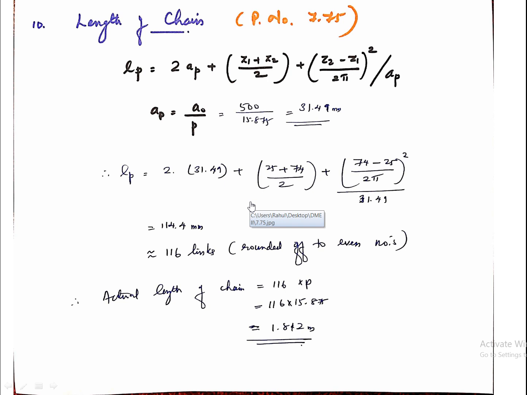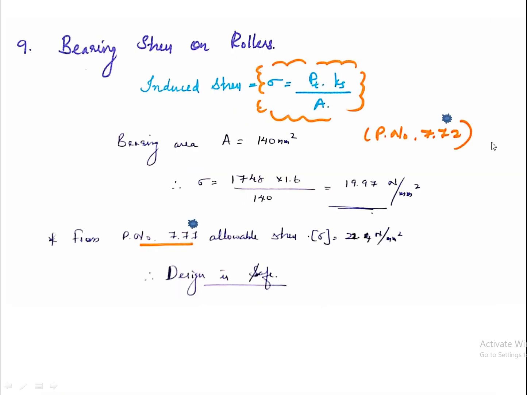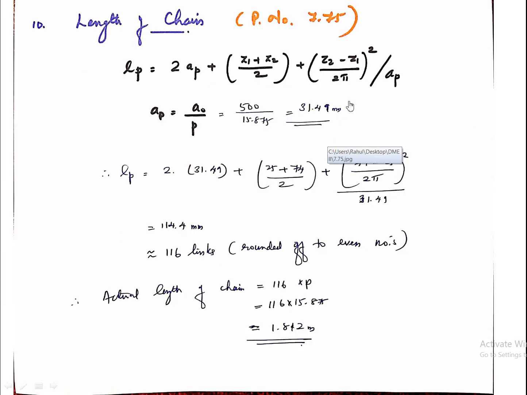Okay, now it is taking some time. I'm sorry. Let's see that. Okay, so the equation is something like this. This is a standard equation. Only one equation is there for length of chain, where Ap is actually A naught by p. A naught is actually the center distance divided by the pitch that we are selecting. That is the standard pitch. Okay, substitute that value over here. Z1, Z2 values we know. On substituting, you will get the length as